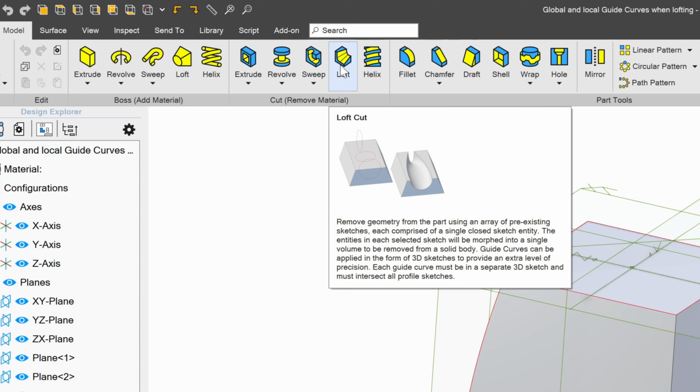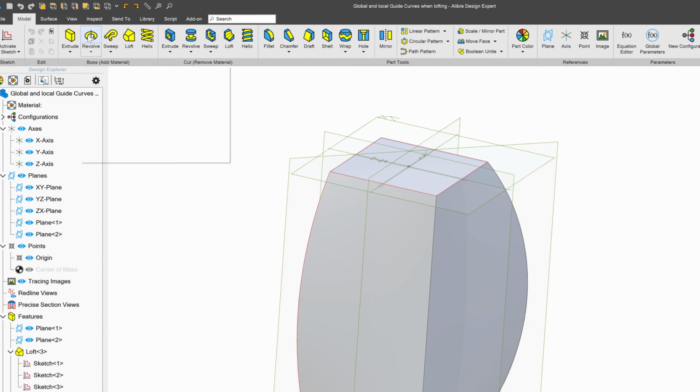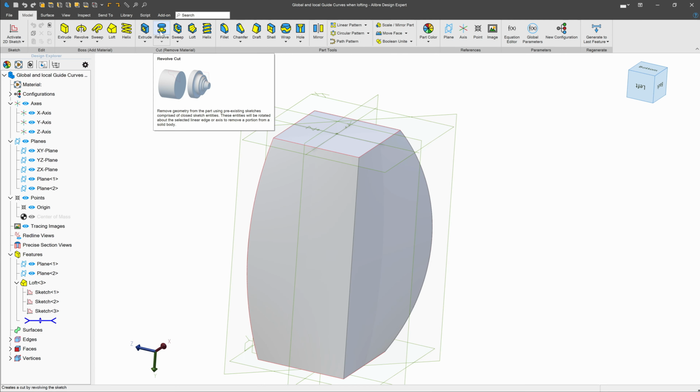The only difference, of course, is that we're removing instead of adding geometry, but our revolve, we can revolve to remove geometry, and we also can loft to remove geometry, and we can sweep to remove geometry. But everything that we went through to add geometry is the exact same thing for removing geometry. For instance,